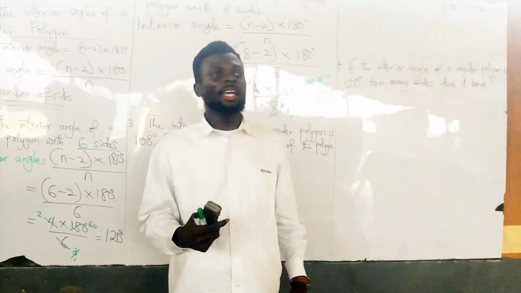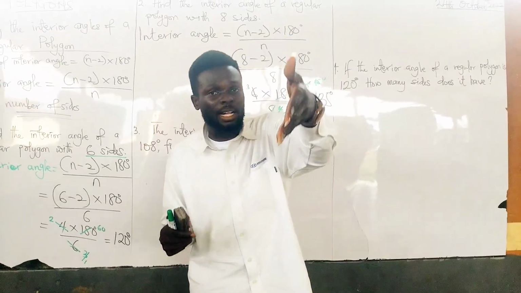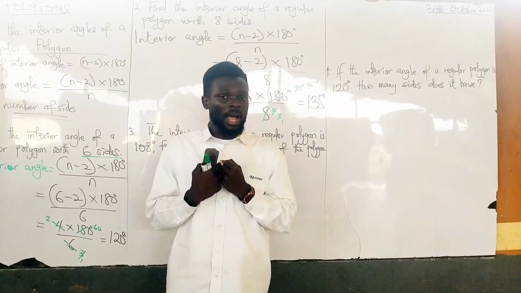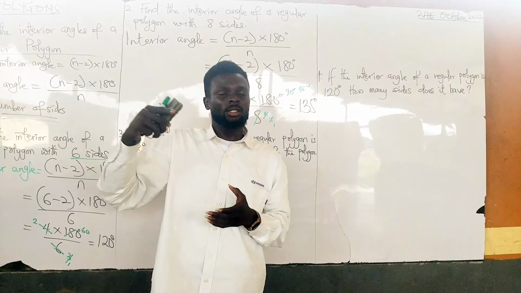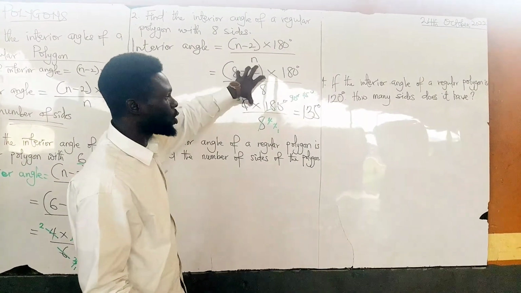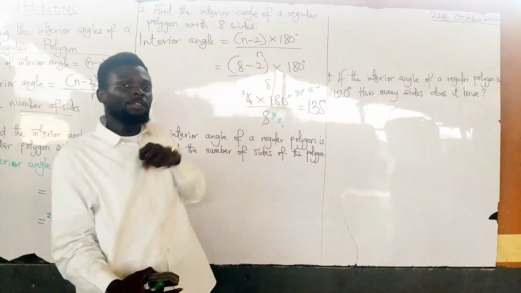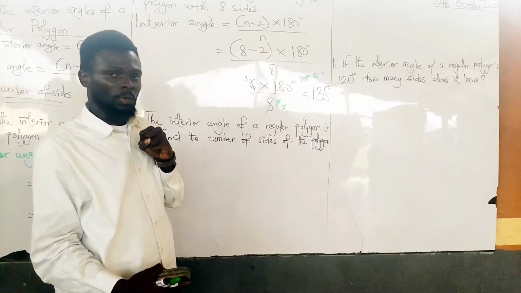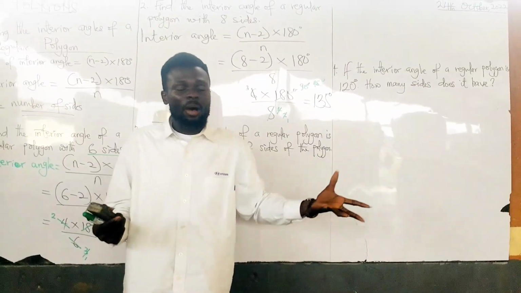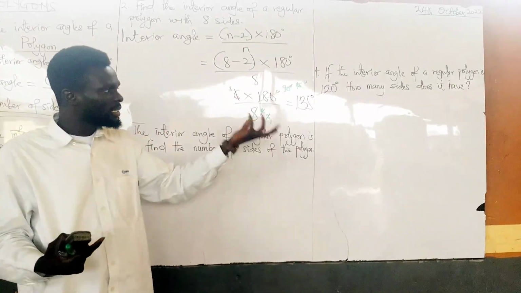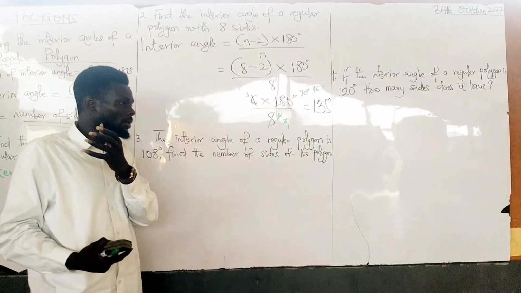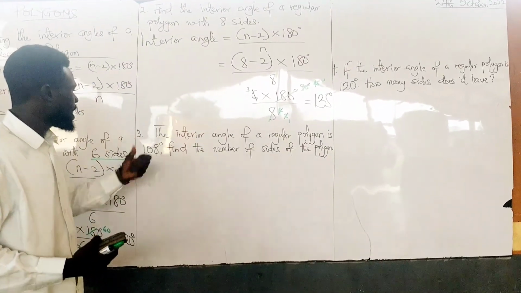Now, being able to find or calculate the interior angles, there could be a question where they will give us the interior angle and we will be asked to calculate the number of sides. That is the opposite of what we've done. They will give you the angle, which is the interior angle, and ask you to find the number of sides. How can we therefore solve such a question? Let's see a similar one or a question based on such a question. We have the third one to be